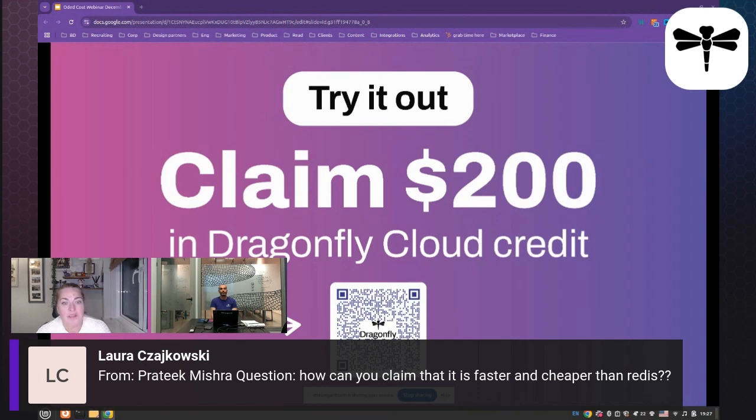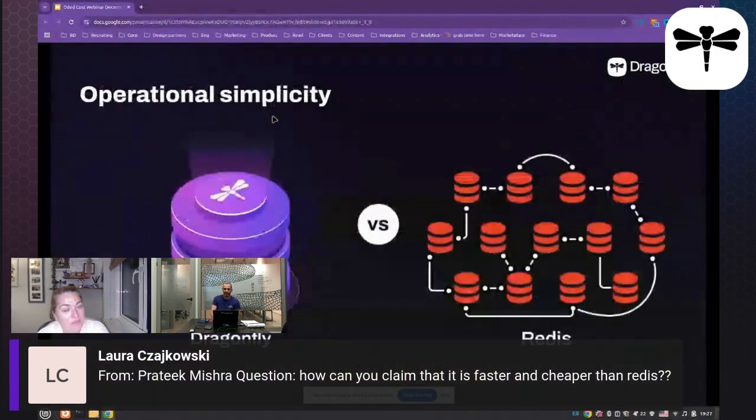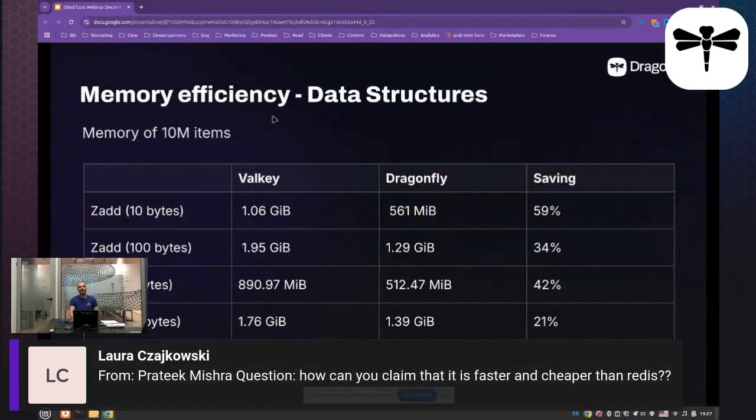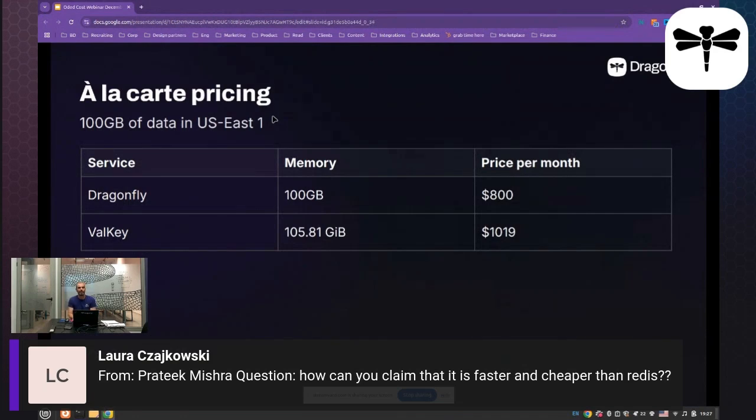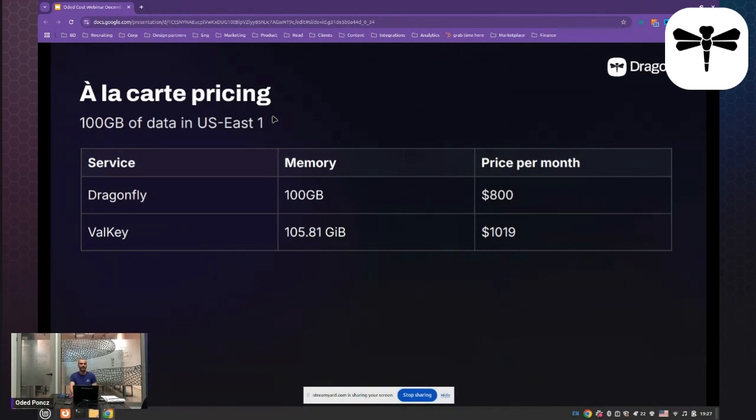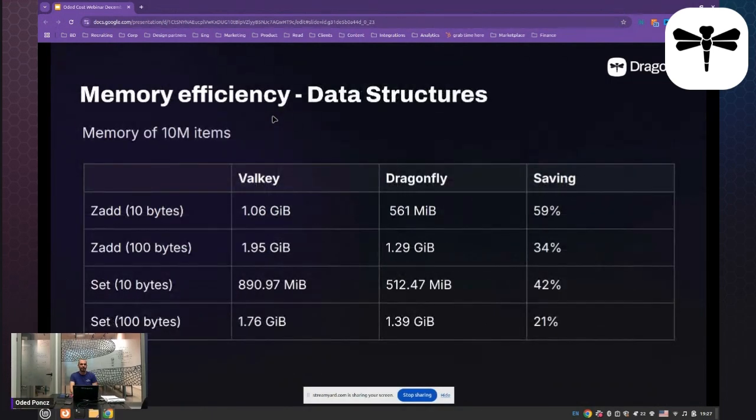So this is one question from our community member: how can you claim that it's faster and cheaper than Redis? I think a lot of the stuff that you've demonstrated today shows that, but we also have documentation on our website as well. Yeah, well, basically it's both more throughput and better pricing than Redis. It's the entire presentation, but